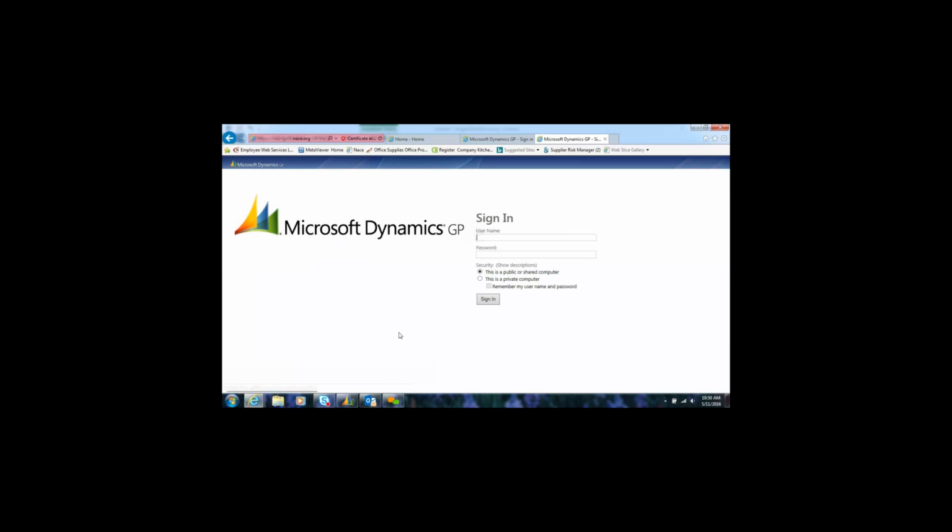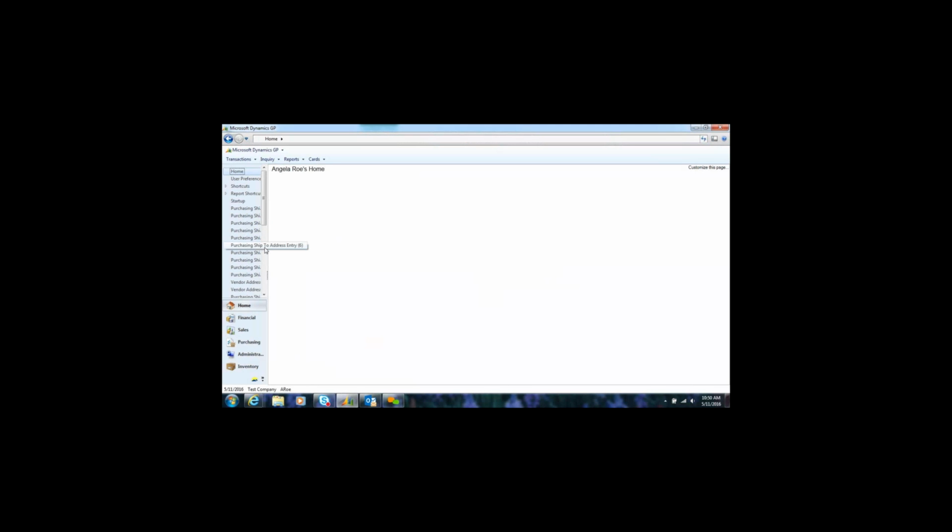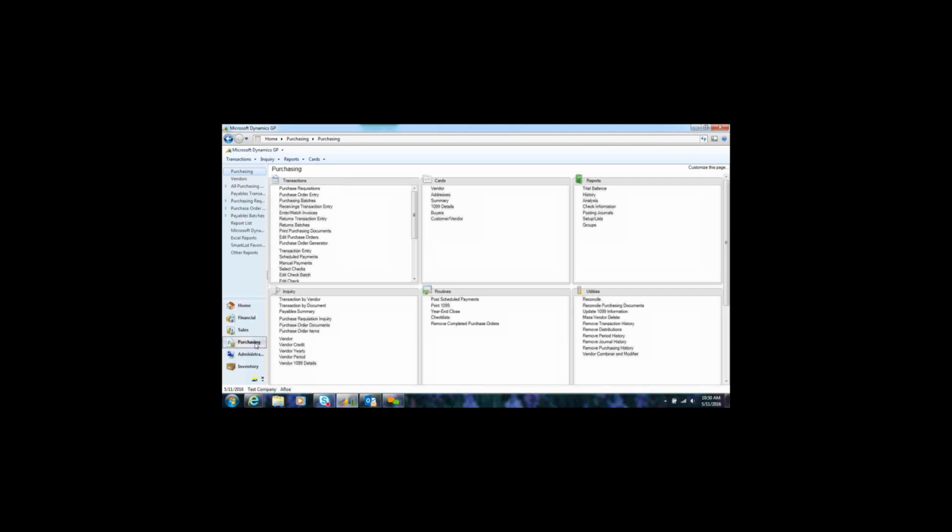After you've done this, Microsoft Dynamics is going to pull up. You're not going to have everything that you see on your left-hand side. This most likely will appear blank. You're going to go down here to Purchasing, double click, and right under Transactions, it's going to say Purchase Requisition. You're going to double click on this,